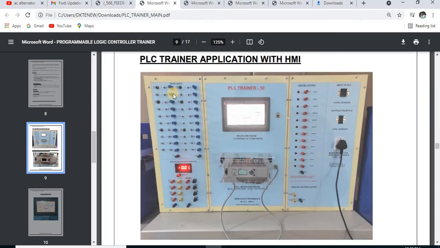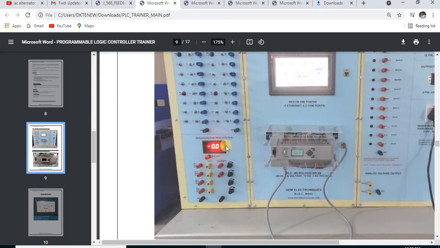These are the different digital inputs. You can also perform the operation of logic gates by using these inputs. Then the analog voltage input, from 0 to 10 volt. Here we can also see the voltage.